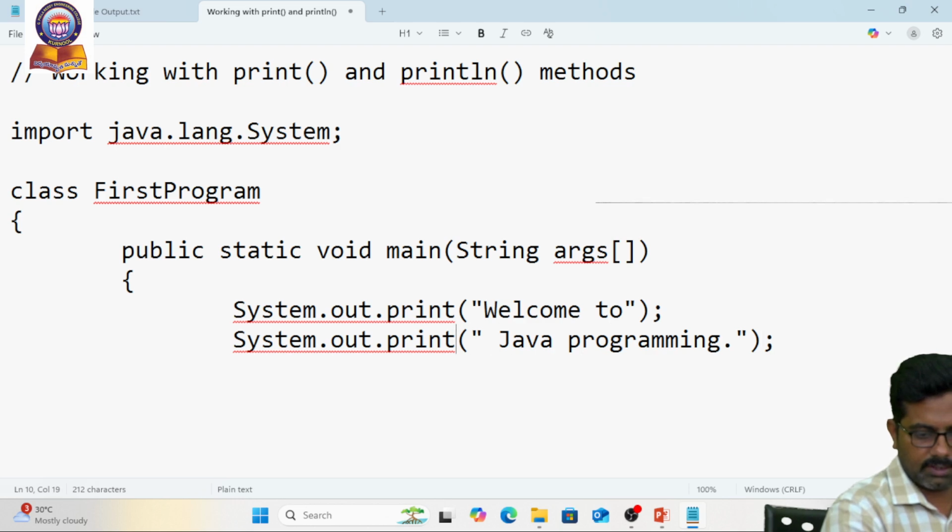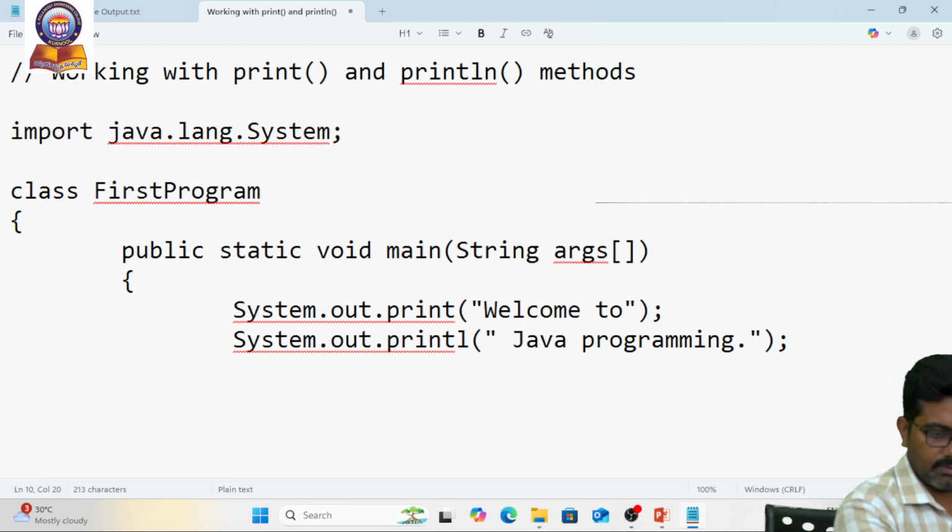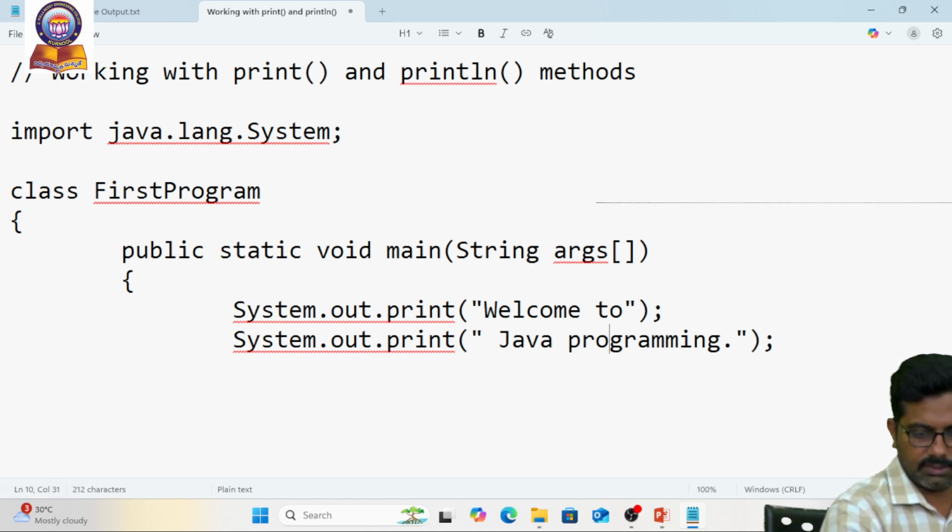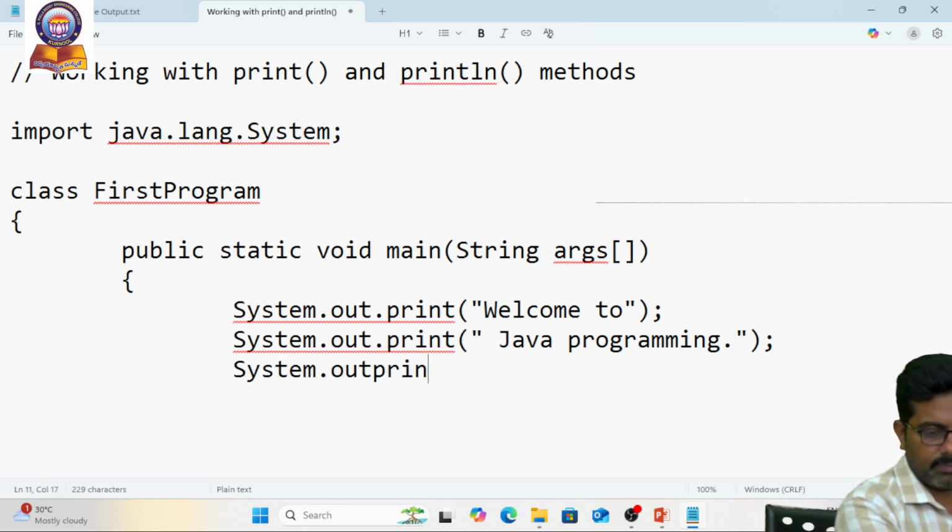So here I make use of print. Okay, so we just check after execution if I meant to change in the code, right? I write one more System.out.println,